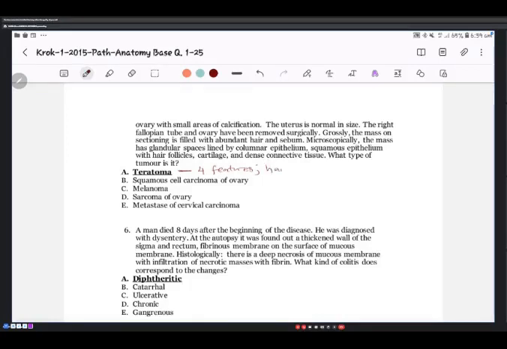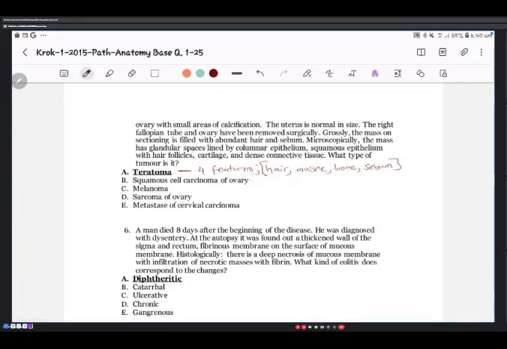So we'll have hair, then muscle, bone, and sebum. Those are the tissues you find in teratoma. The teratoma is a combination of all these tissues put together. However, in